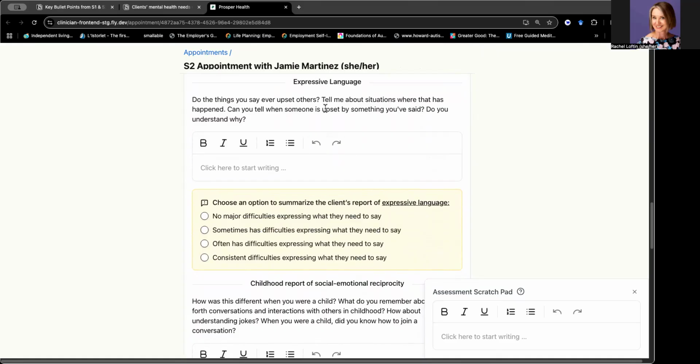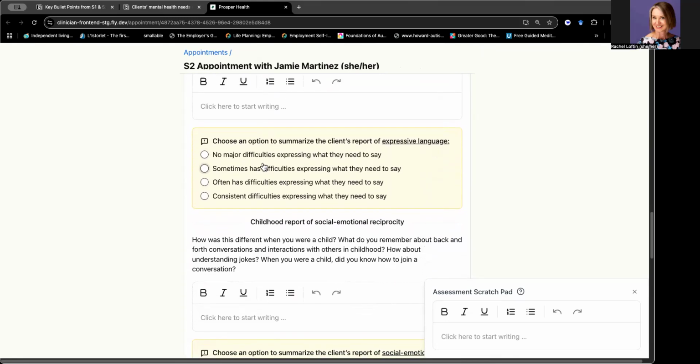And then for expressive language, we're having just the question about how often does the client say things that aren't right for the situation, that can be disruptive or upsetting, not fit the context. For the most part, the clients we see are not going to have a very clear expressive language deficit like you might see in somebody who needs more support. So we don't really ask a lot about expressive language in general, but this will really help you understand different contexts and whether the person knows how to communicate in different situations.